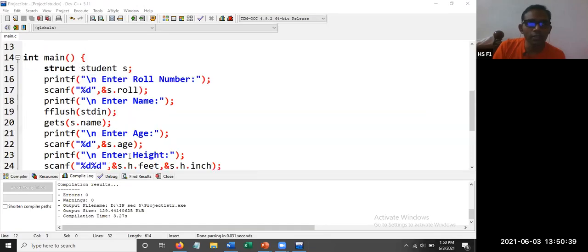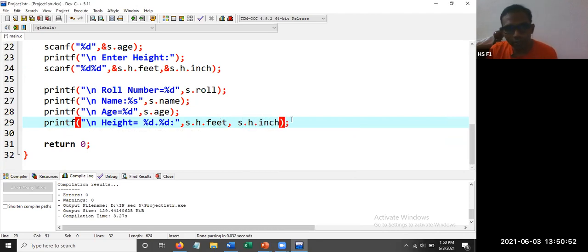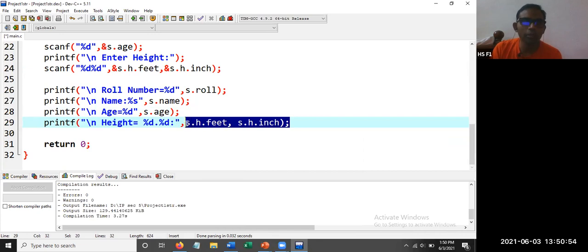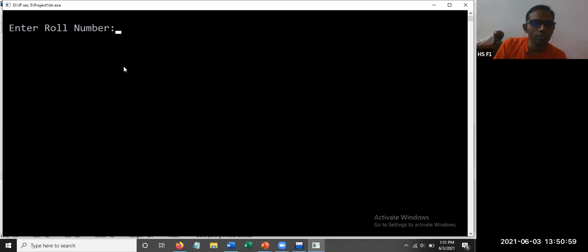Let us check that. So what we have given here, percentage d dot percentage d. Yeah, that's right. So here we need to give feet, comma, s dot h dot inch. So we have given only one input. That's why we got one variable. That's why we got like that. Execute, compile and run. So now roll number is 120.